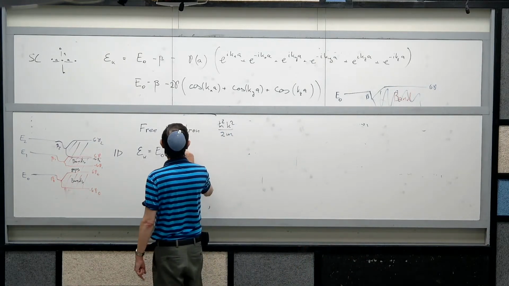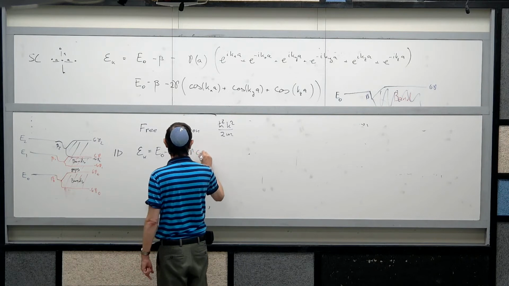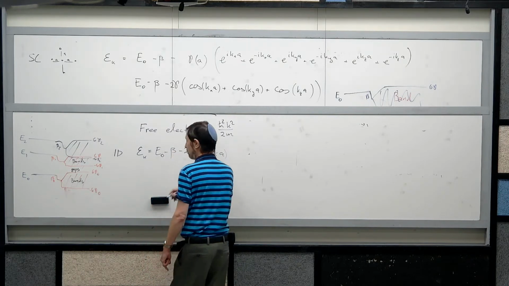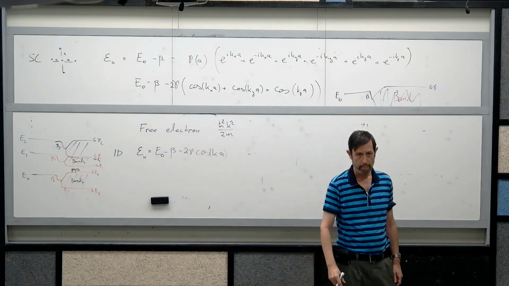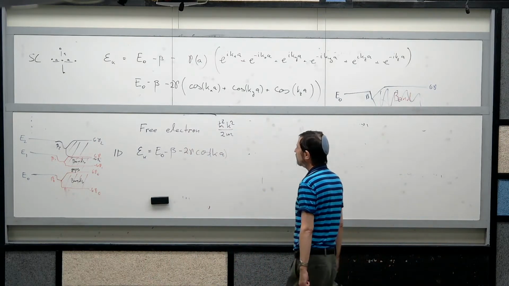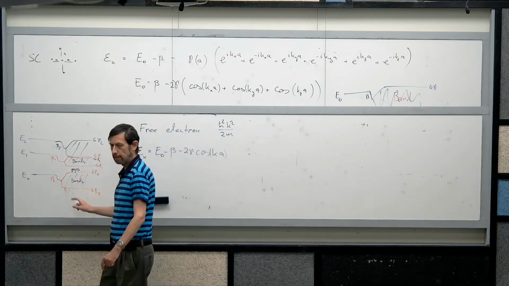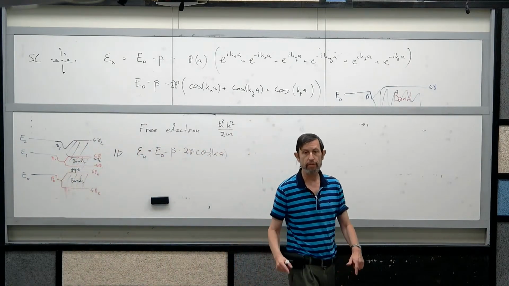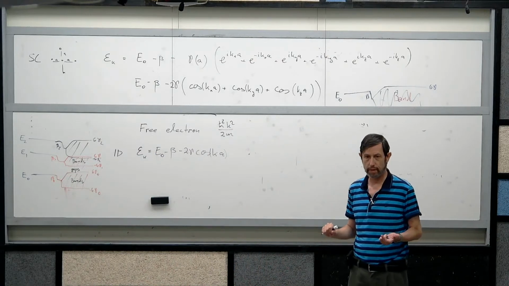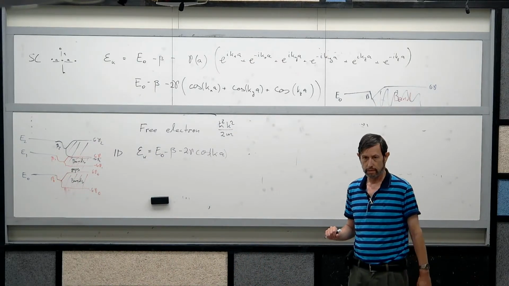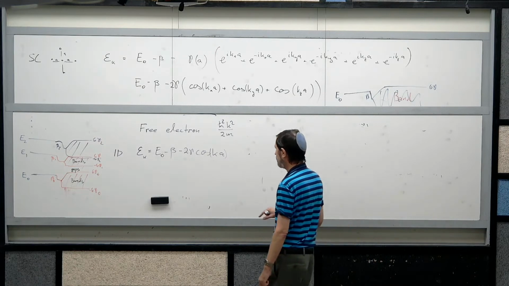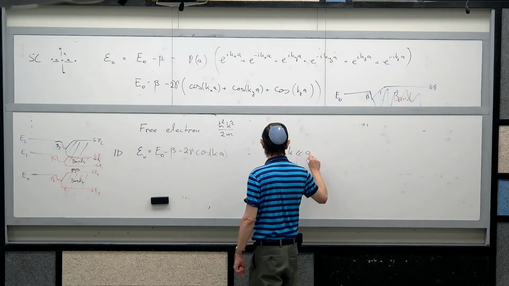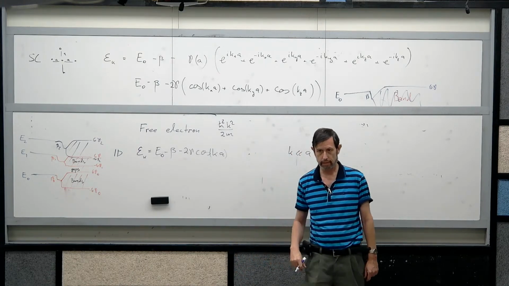So it's minus 2 gamma cosine Ka. Let me look at what happens at the edge of the band for very small values of K, or I'll be more specific, for K much smaller than